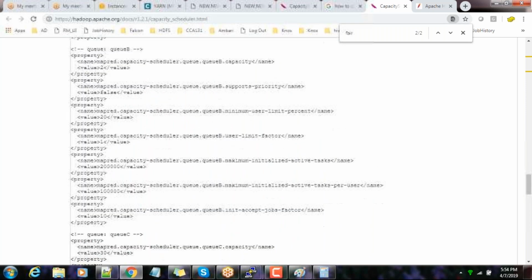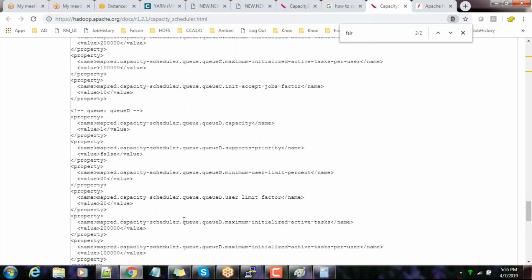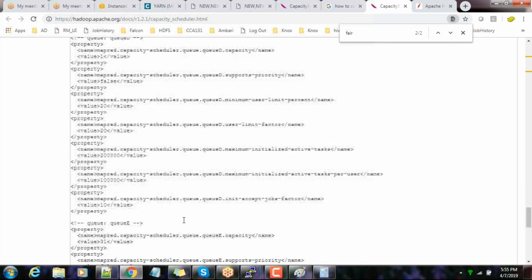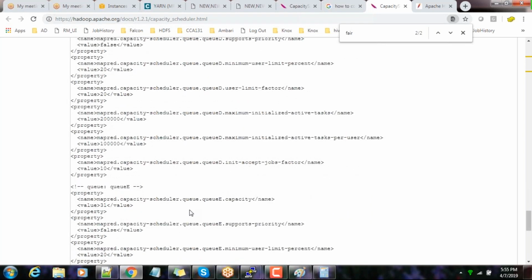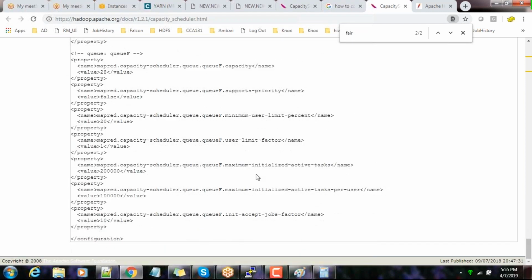I'll have to check that, but I couldn't find it here. But there is an option. Earlier they were saying it's only FIFO supported inside the capacity scheduler queues, but the latest version of Hortonworks